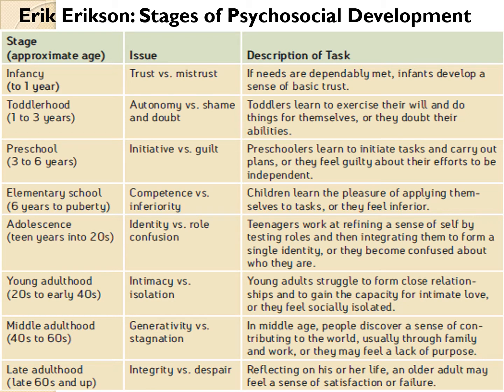Now, Erickson called them crises. Either you go through it positively and develop trust, or you go through the crisis and you develop mistrust. Each and every one of his stages has the versus, which means you either obtain one or the other. Now, the other thing is that once you've gone through them, we can also bounce back and forth into some of these stages as well. So 0 to 18 months, we have trust versus mistrust.